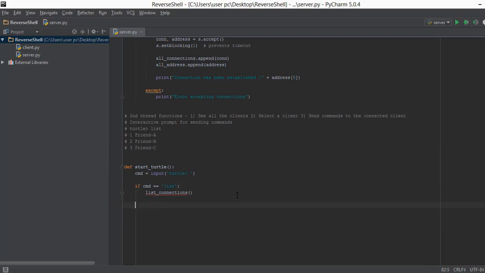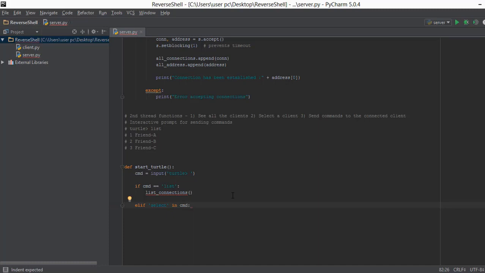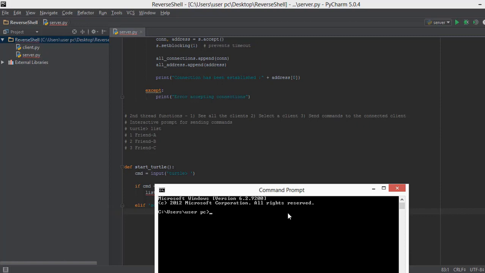So we'll just type in elif, and inside this we are going to write select in CMD. So what this is doing is basically saying that if in the input the select keyword is there, then do whatever is under this elif statement. So for example, if we write something like select 2,